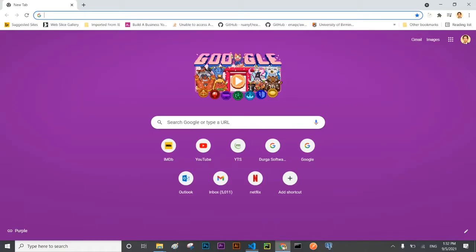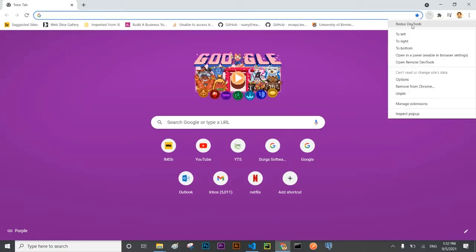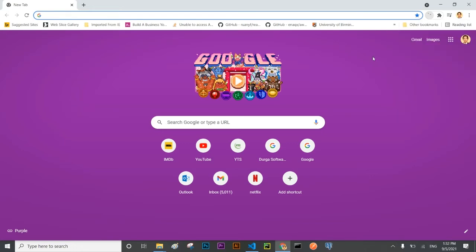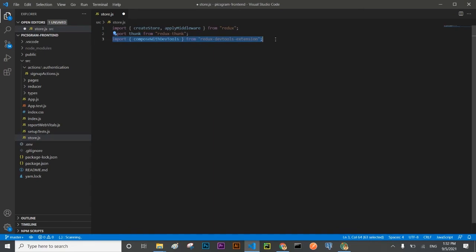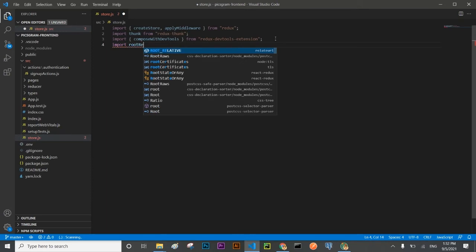Basically, it attaches with the extension that is Redux DevTools, and it gives us a panel where we can see how our actions are changing our state and what the new state is. Don't worry, you will understand this when we dispatch some actions, and after that I'll import rootReducer